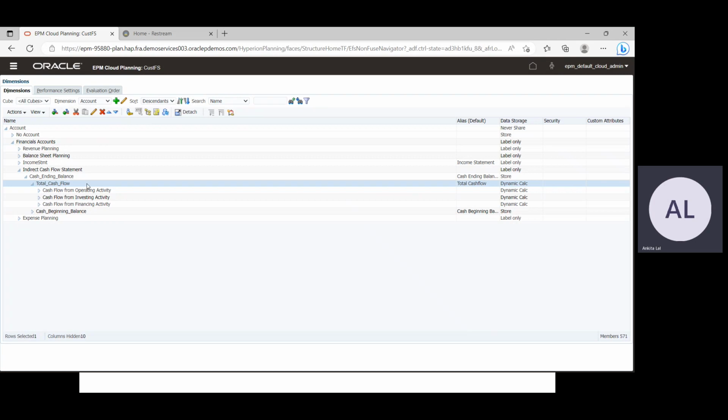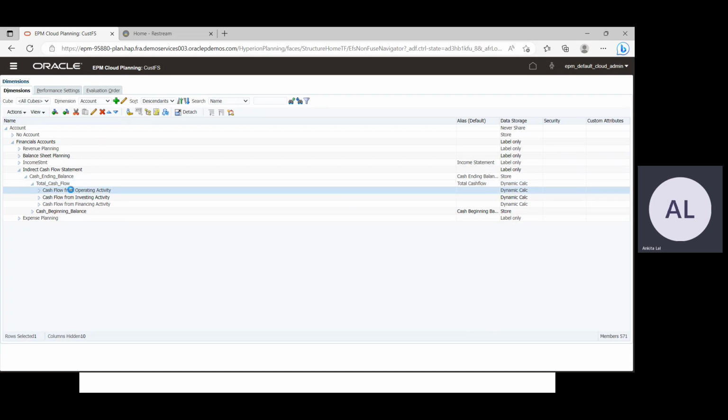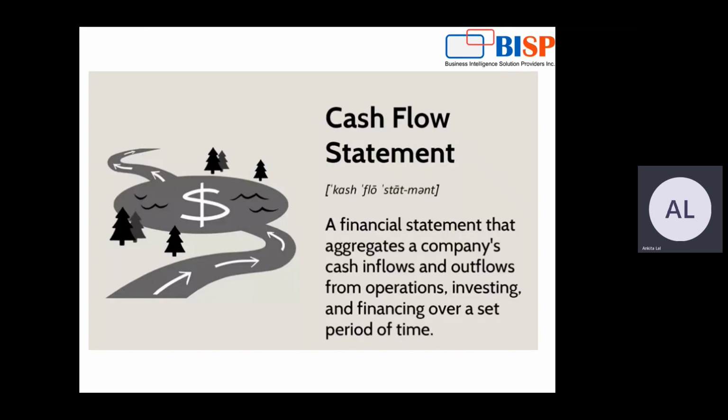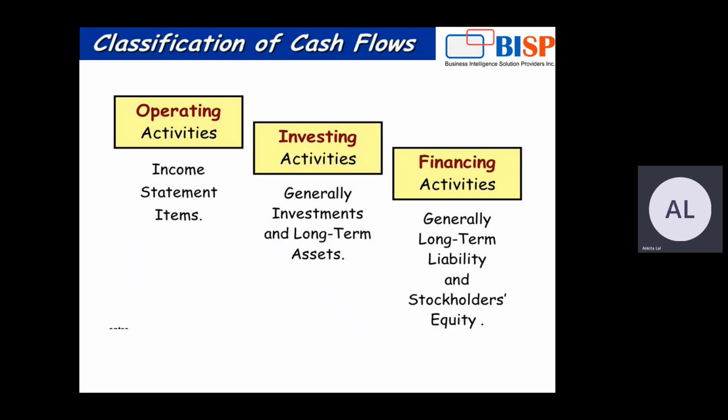Then we have the total cash flow, which is further subcategorized into operating activity, investing activity, and financing activities. Operating activity always considers the income statement, meaning the inflow and outflow of cash which takes place for the operations of the business, for example in the case of a manufacturing industry,